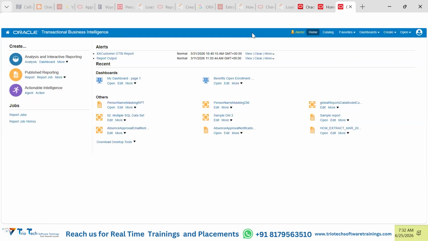Once we are learning and working on the data extraction tools, we will come to this particular server, understanding what this part is, what is home, what is catalog, how to make something favorites, how to create things, how to open things, each and every button that is required. One thing to remember: this is one of the sellable software by Oracle. Oracle customers may go and contact Oracle and say, we want to purchase OTBI for 1 year, 2 years, and Oracle will sell them.